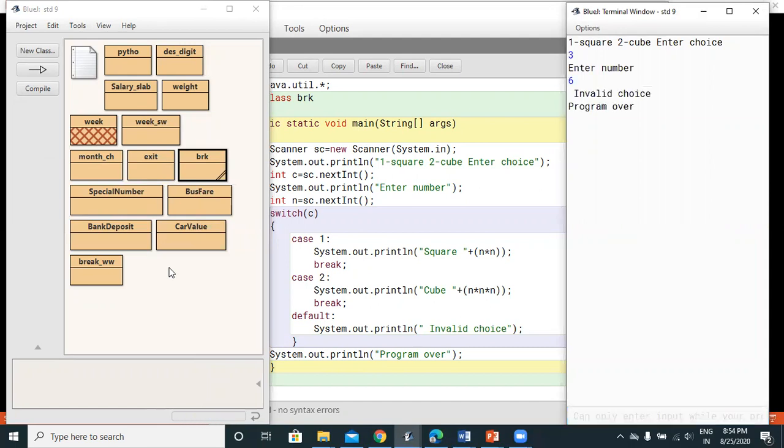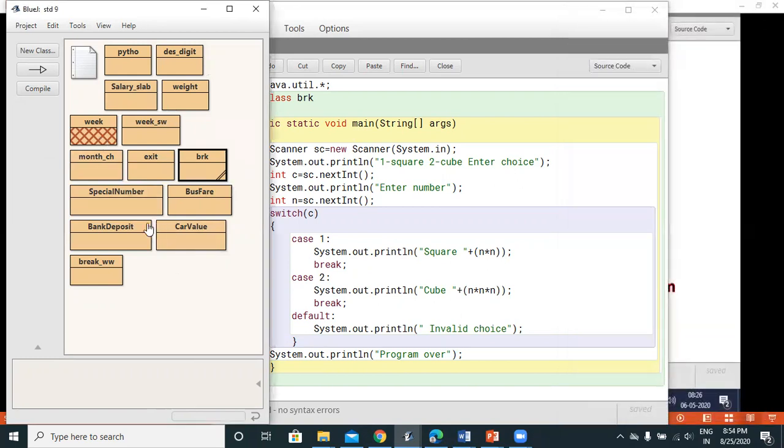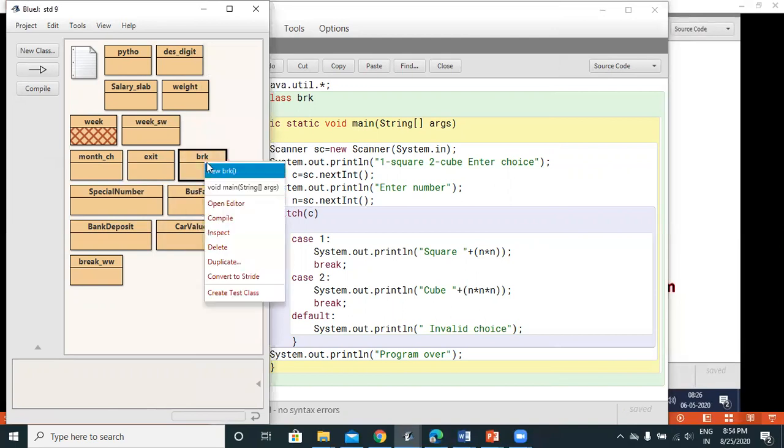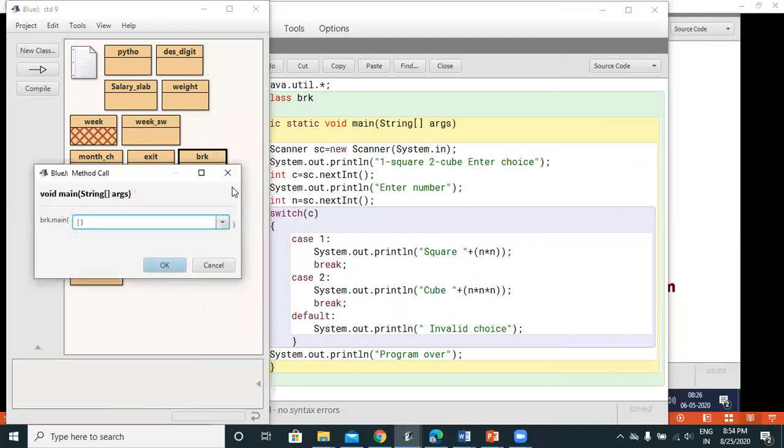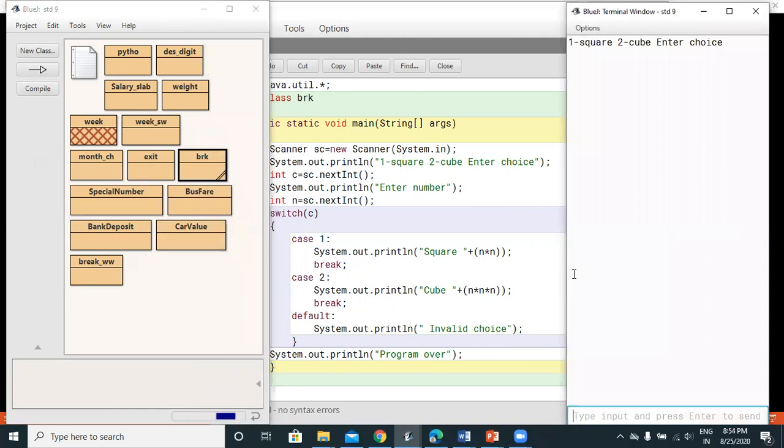Okay, I had to specify 2 over here. We will run it once again. I give my choice to be 2 and I give the number to be 6. Same as the previous time. Here you can see program over has been printed.